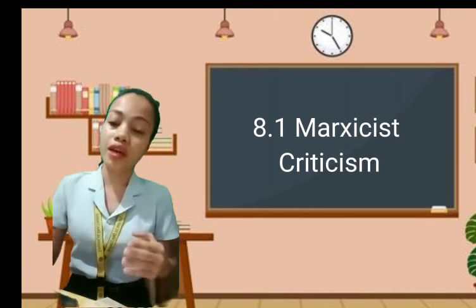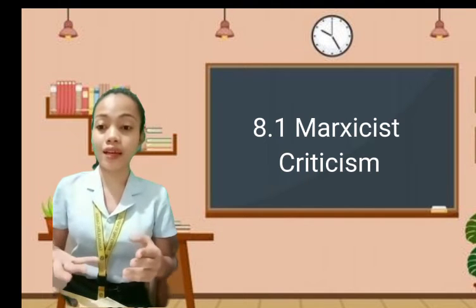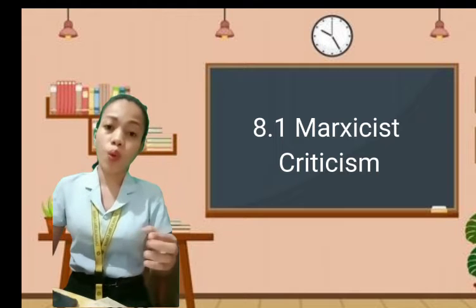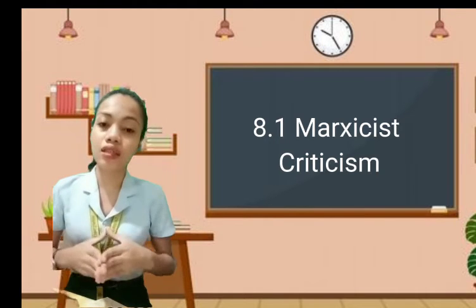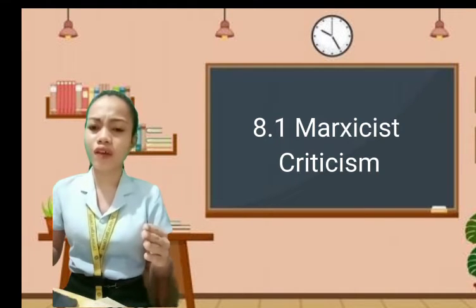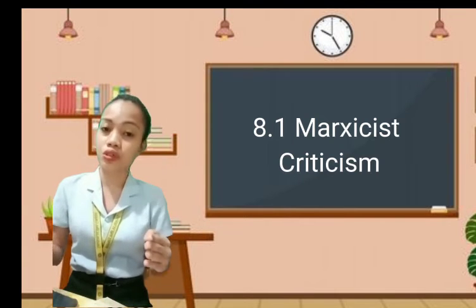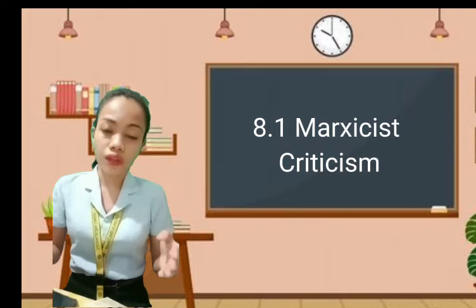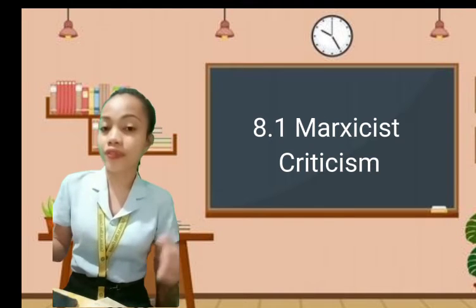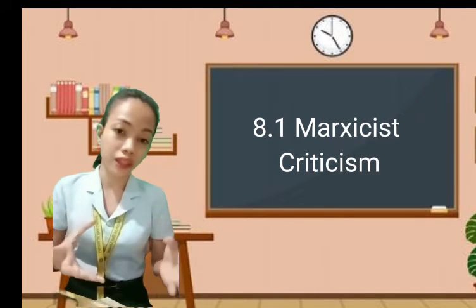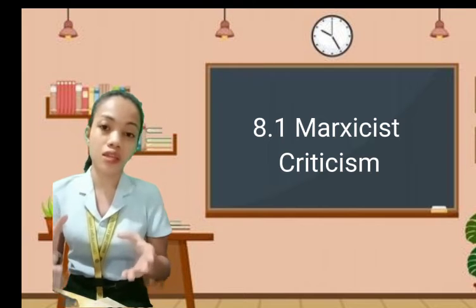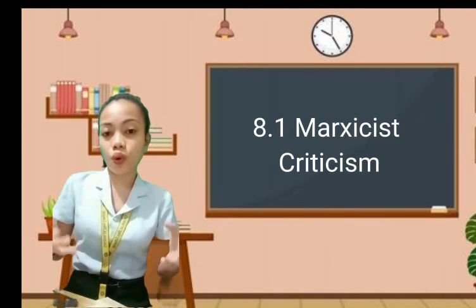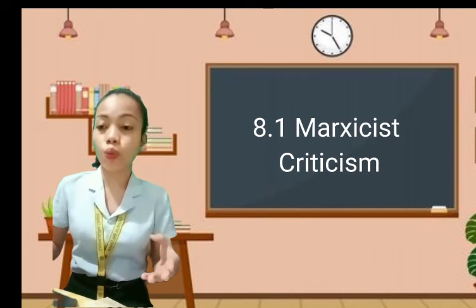The subordinate here are actually the working class. They are the owners of the labor power. They are the ones who have the ability to work. And since they have no property and are in poor condition, they need to look at how to survive and earn. And so they need to look for an employer. That means they need to work for the capitalist. The capitalist here is the business owner. And because of that, the business owner takes advantage of the working class